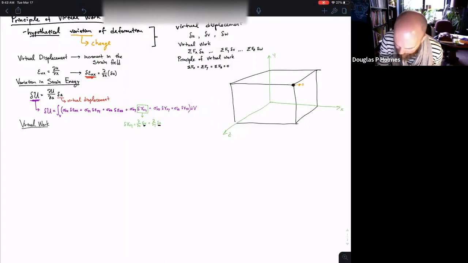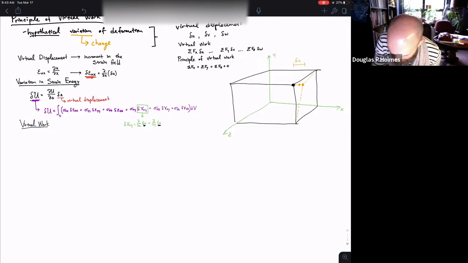I'm going to move it over to here, such that now my body has a virtual displacement. That is this amount